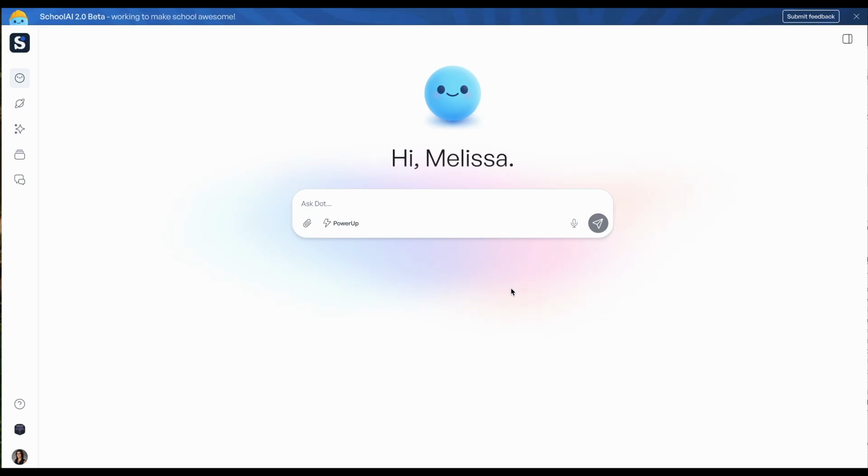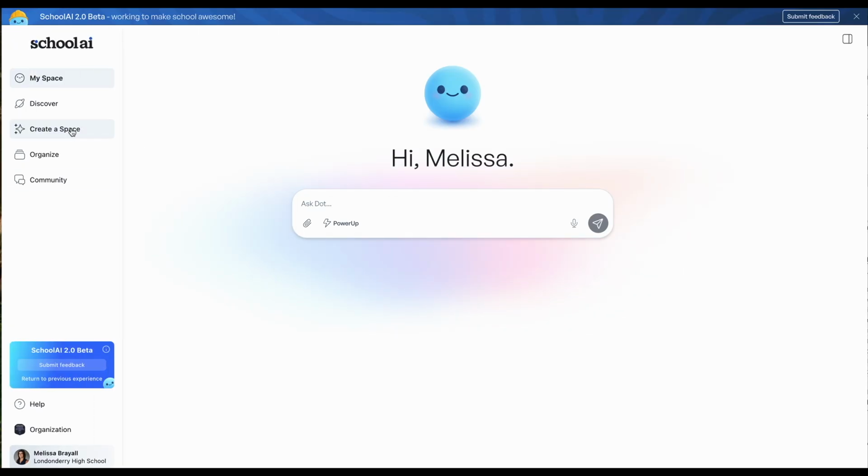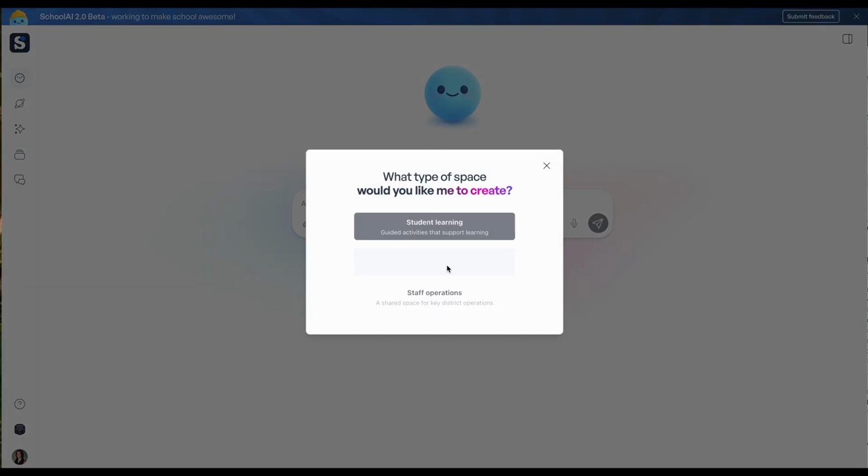Creating a teacher space in SchoolAI 2.0 is all about simplifying your life as a teacher. So if you have repeated tasks that you do, whether it's generating lesson plans or making rubrics or making subplans, whatever it may be, anything that you do repeatedly can be turned into a teacher space to save you a little bit of time. To create one, on the left side, go over to Create a Space